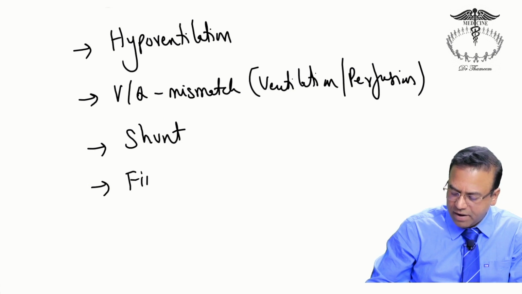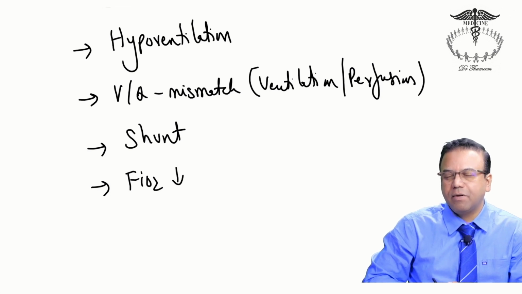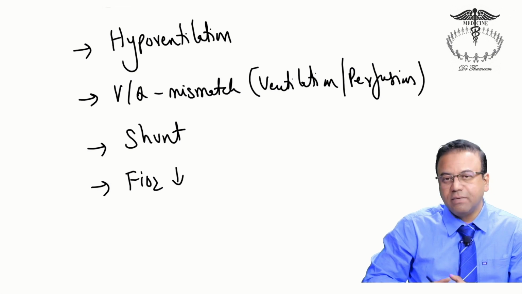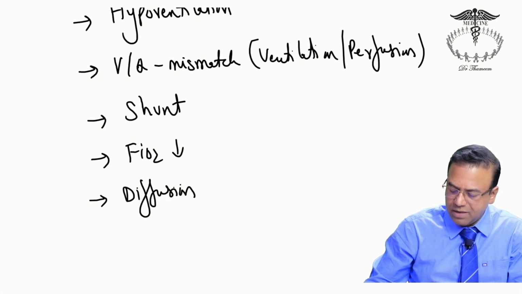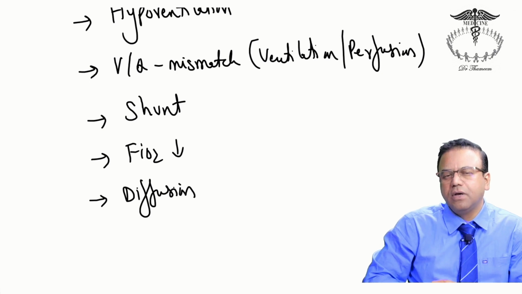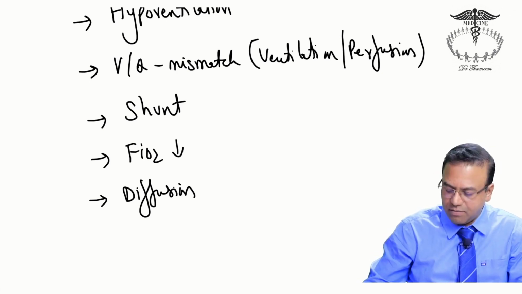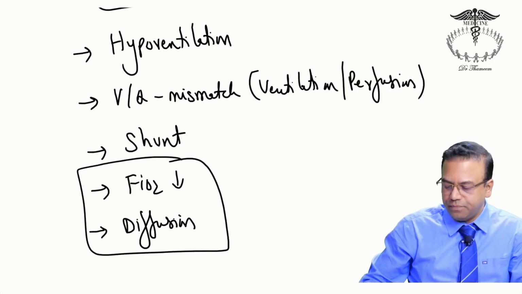A scenario where FiO2 is low is highly unlikely unless the person is in some flight with a reduced cabin pressure, or there are various other scenarios, but it's extremely rare for a normal person in the hospital to have a low FiO2. And the fourth and final problem is diffusion related issues. And again, diffusion related issues are highly unlikely in most patients. So these two things, we don't need to worry much about when it comes to decreased PO2 in